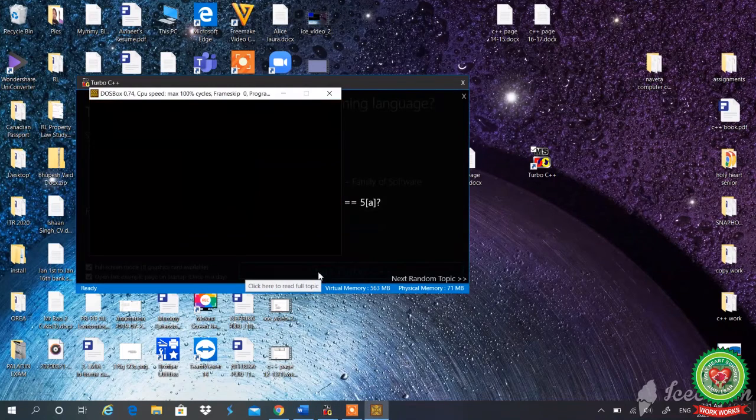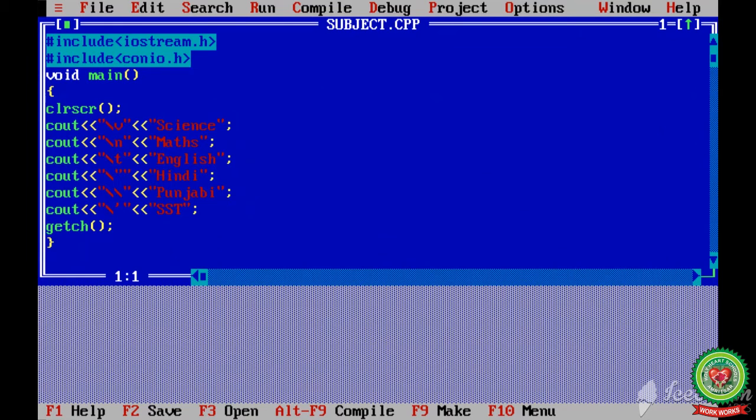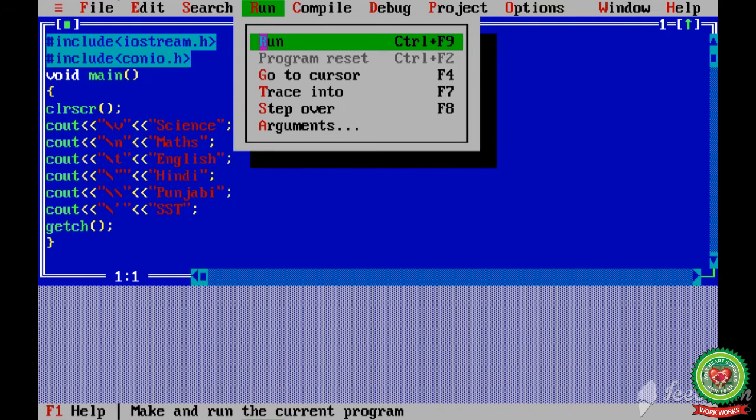Now we will compile our program with the different escape sequences. For that we will go to the run menu and choose the run option. Now see, with science there is a symbol of the vertical tab because I have used the escape sequence \v, and math is coming to the new line because I have used \n for bringing the cursor to the new line. And there is a space between math and English because I have used the escape sequence \t for the horizontal tab.